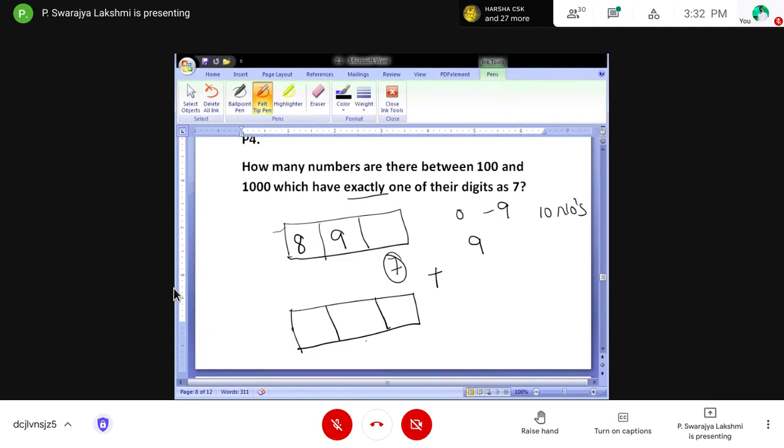Now we fix 7 in the second place. When we fix 7 in the second place, from 10 numbers, 7 goes away, so a total of 9 remain. If we write 0 here, it would look like 0 7 1, which is not a 3-letter word. So please don't write 9 here, even though the answer is right.